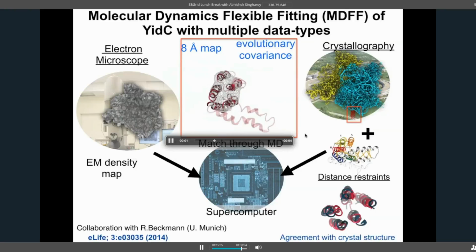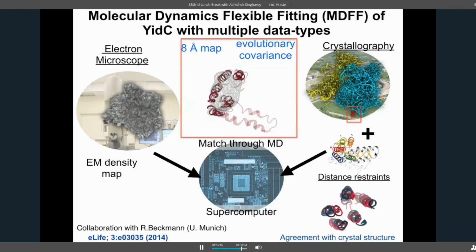Also, for this particular problem, you need a supercomputer purely because of the size of the problem, because you have to deal with the entire ribosome while also fitting the protein. So you have a density for the entire system here. This is where you cannot use local compute resources, because it is going to break your local computer, or even a very cheap cluster. You at least need a GPU cluster, let's say a 64 core cluster, to do these sorts of calculations,